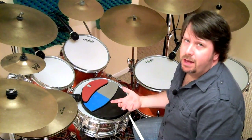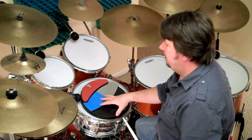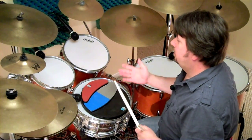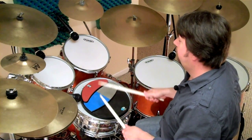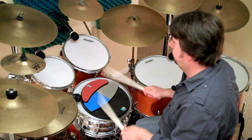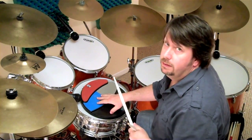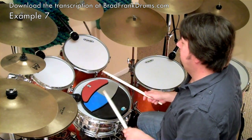An interesting thing happens once you start playing these single, double, and triple Ratamacues fast enough, is that the 2 notes of the grace note and the drag start to become the same speed as the taps when the taps are played really fast. So if we go from slow to fast, notice how the singles and the doubles were nearly the same speed. So if you just go ahead and let them be the same speed,